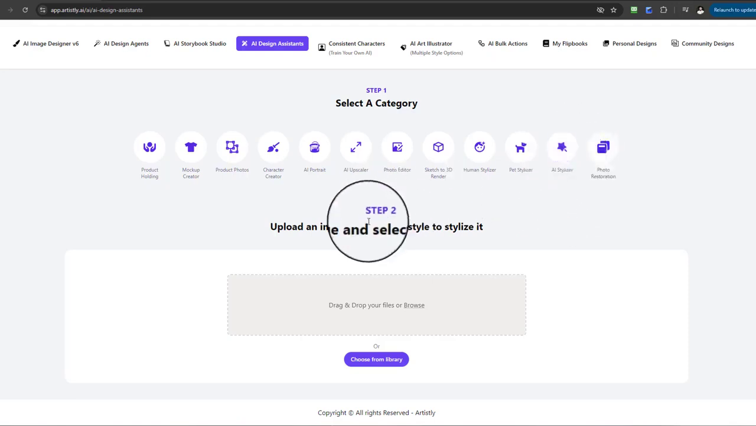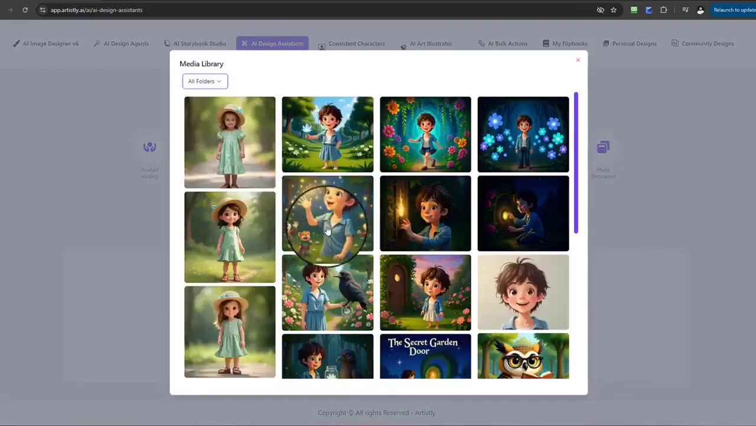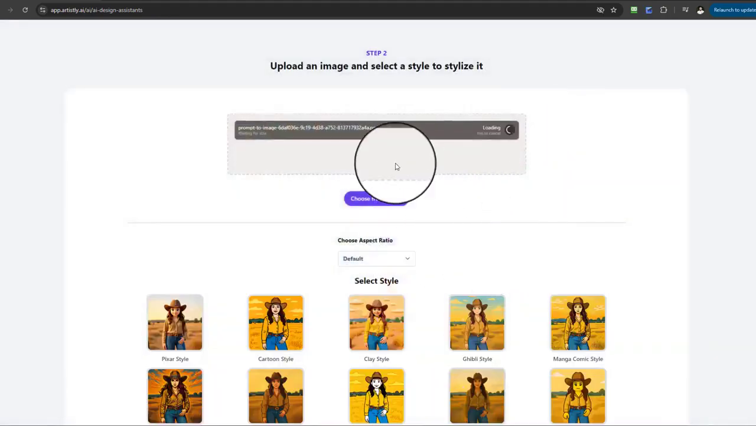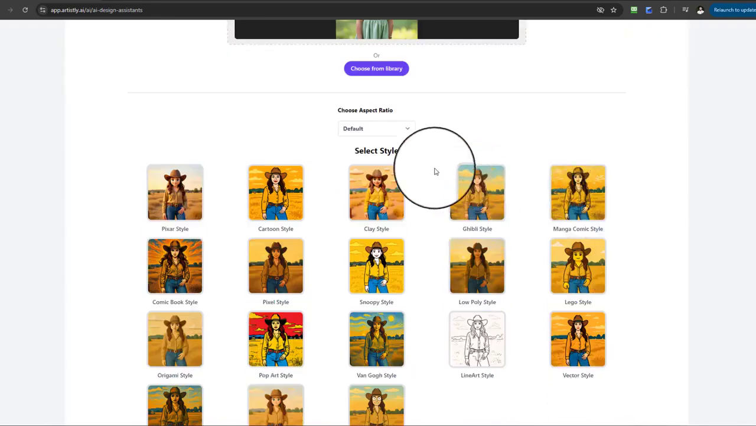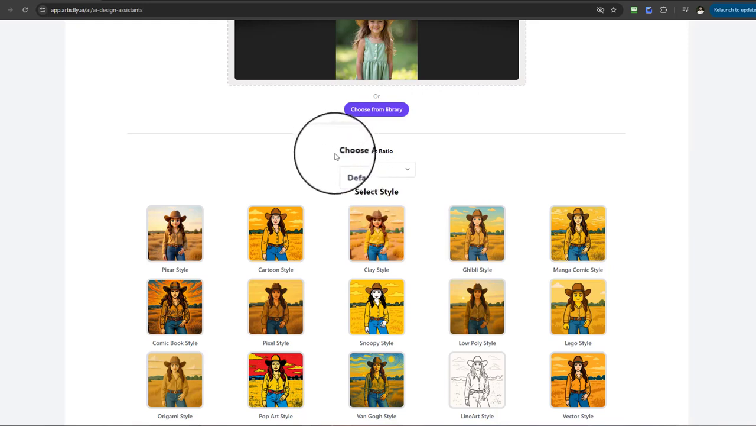Okay, so once I select the AI Stylizer, step 2 has now appeared. Now it's going to request you to upload an image, and the moment you upload the image, or you drag and drop an image if you have one, maybe your own or a client's, then you'll see another step appear. So for this one, I'm going to go to an image here. Okay, we'll go for this little girl here, and you can see now under step 2 another step has appeared